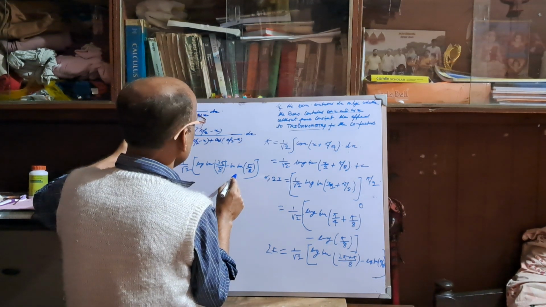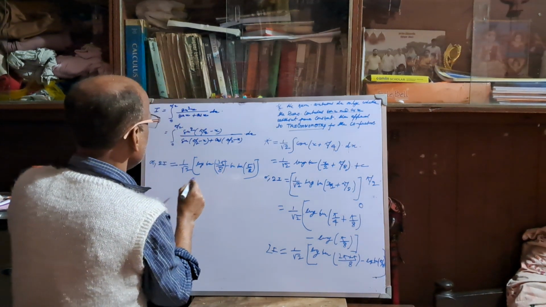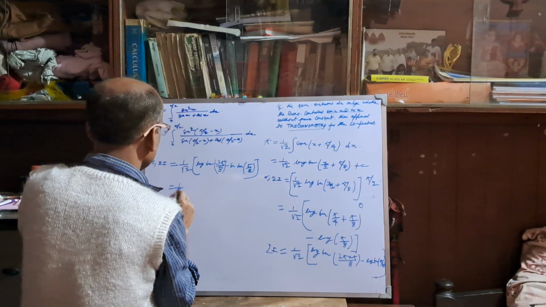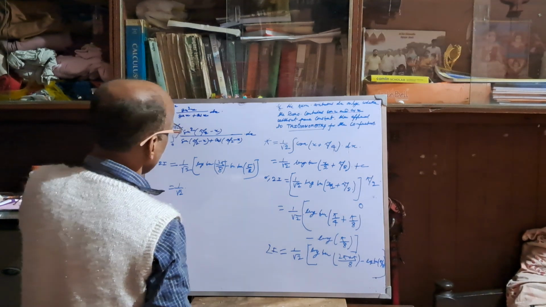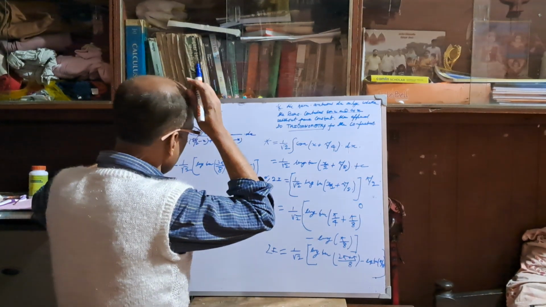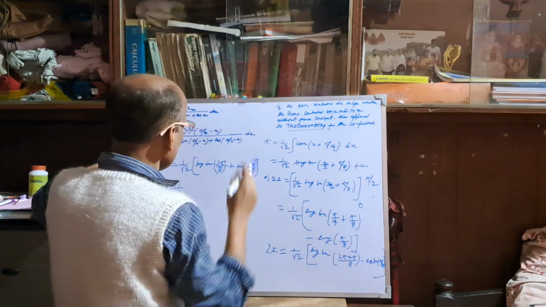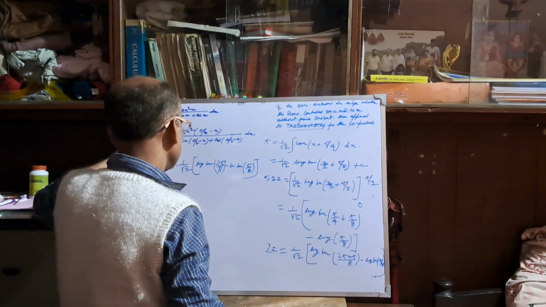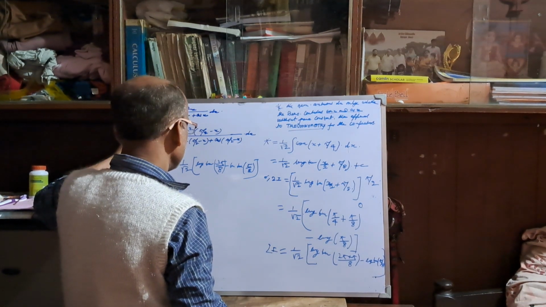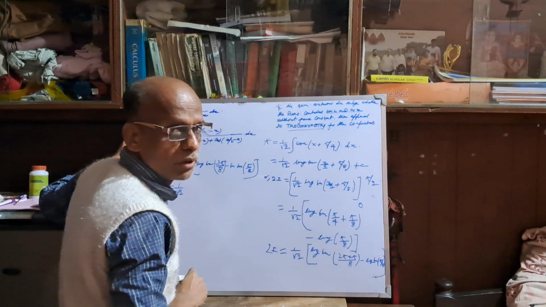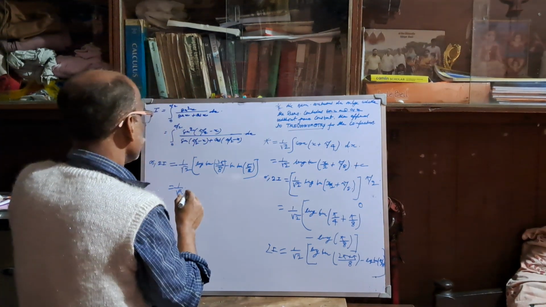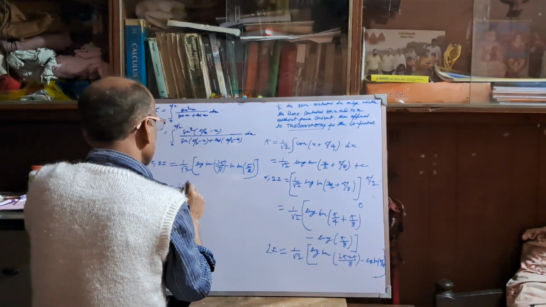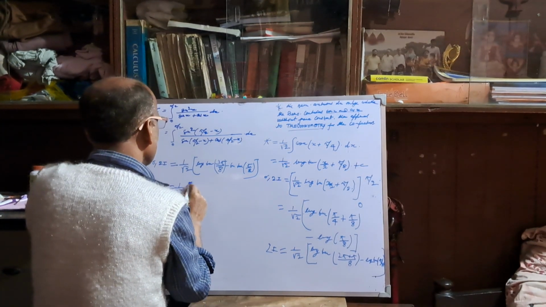Okay, so this part I can write in this way. I can use the associated angle concept: if I add or subtract from an odd multiple of 90 degrees, then the trigonometrical form is changed. However, the plus-minus sign will be governed by the quadrant rule. On that concept we can evaluate here, and that will be log